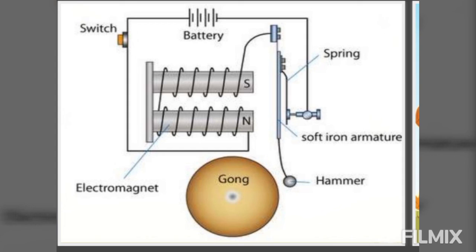Now what we will do, when we press the switch for the call for the bell at a door, the current will pass in the circuit and the electromagnet pulls the springy iron strip S, which forms one terminal of the switch, and the other terminal is T. As the strip moves towards the electromagnet, its contact with the terminal T is lost. This breaks the circuit. As a result, the electromagnet stops attracting the iron strip. The strip goes back to its original position and its contact with the terminal T is re-established.